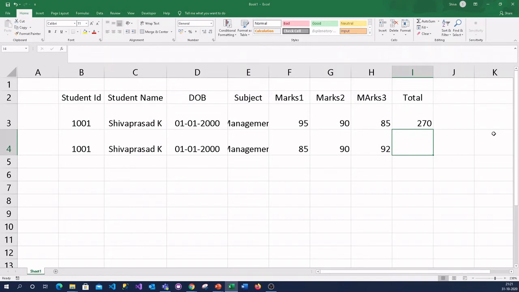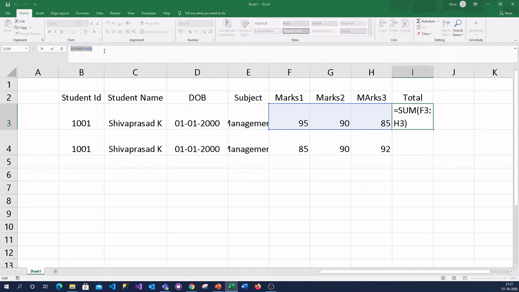This is a way where you can type the formula or function and get the result. If I click on the cell, you can see here the formula or function entered. So I have entered one formula to get the total of these three cells.